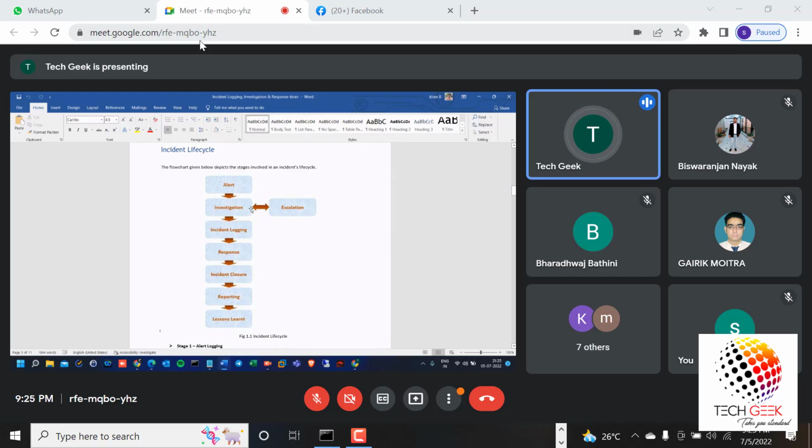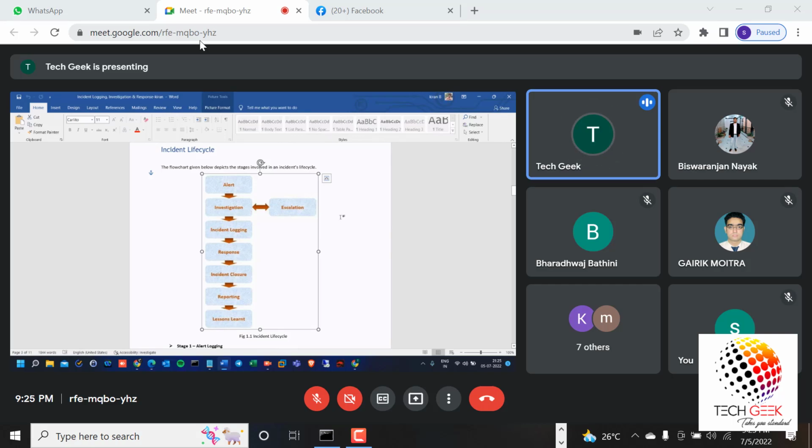If it is a false positive, it is not suspicious or malicious activity. It is a genuine one, so there's no need to worry. In that scenario, we say it's a false positive. As a security analyst, we need to decide whether it's true or false. If as an L1 analyst I'm not able to decide whether it's a true or false positive, then as an L1, I need to escalate to the senior person.